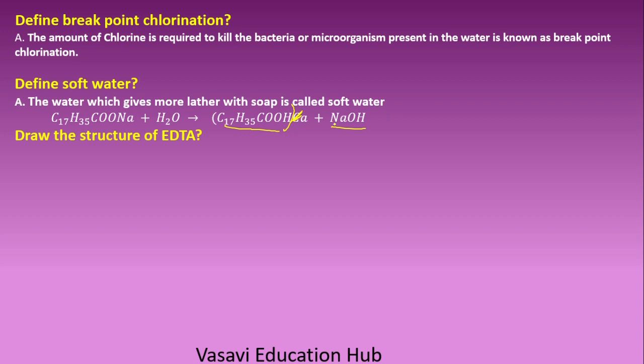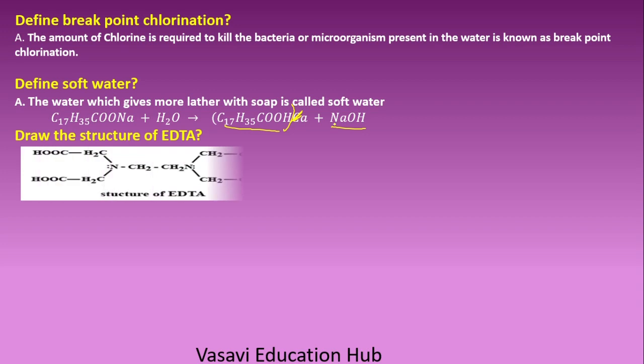Okay, right. Next, the structure of EDTA. It is an organic chelate ligand. It has six donating atoms, four oxygen atoms and two nitrogen atoms. Here you can see, this is one donor site and this is another donor site. Generally it is available in the form of disodium salt of ethylene diamine tetraacetic acid. It is commercially available as the disodium salt of EDTA, and it is soluble in water.